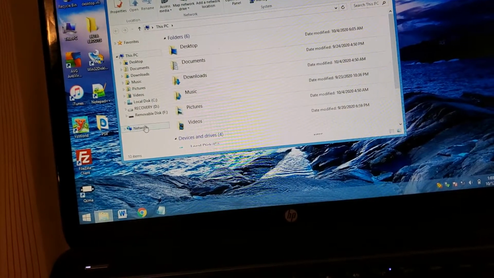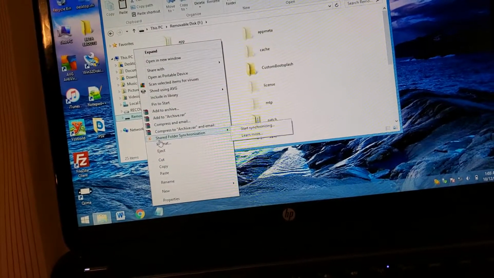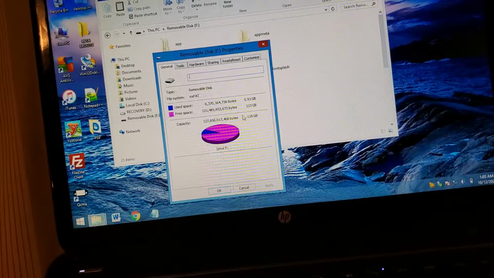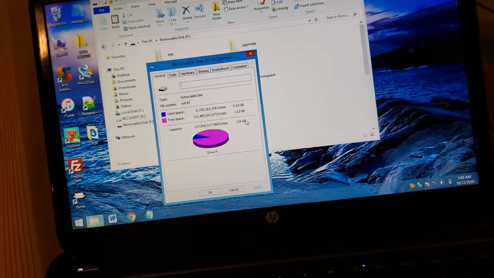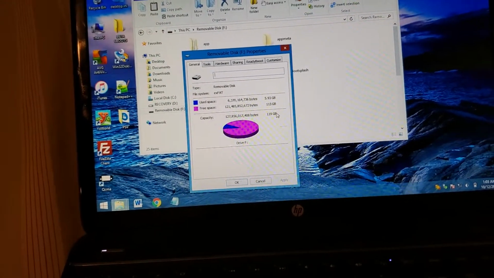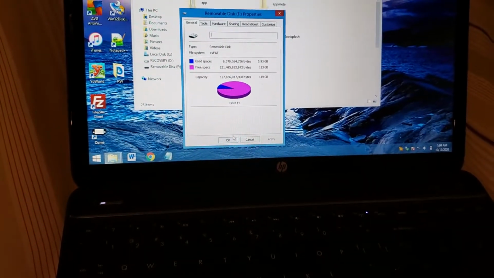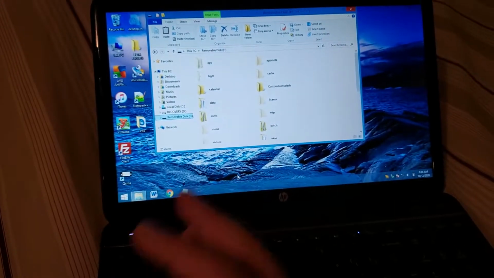And you can see we have removable disk here once more. Going to go to properties, and you can see now my 128 gig micro SD is now showing up as the main storage. So, the whole point of this is just that if you're transferring large files, in my case I was transferring